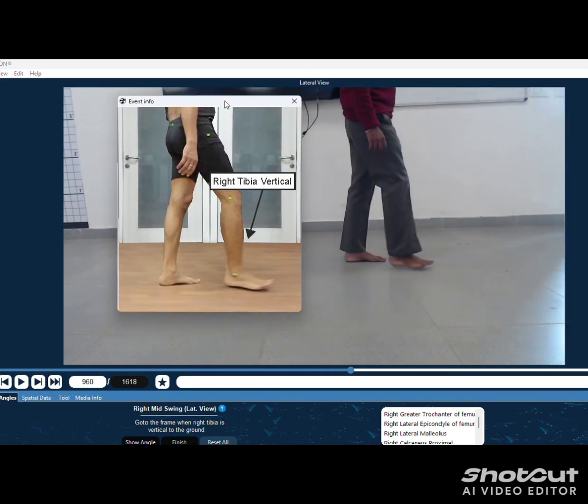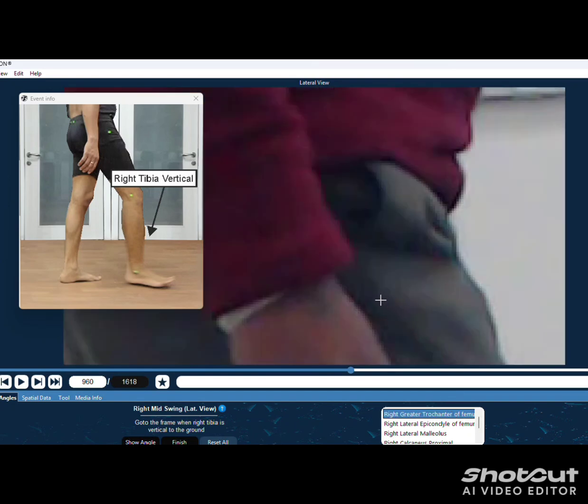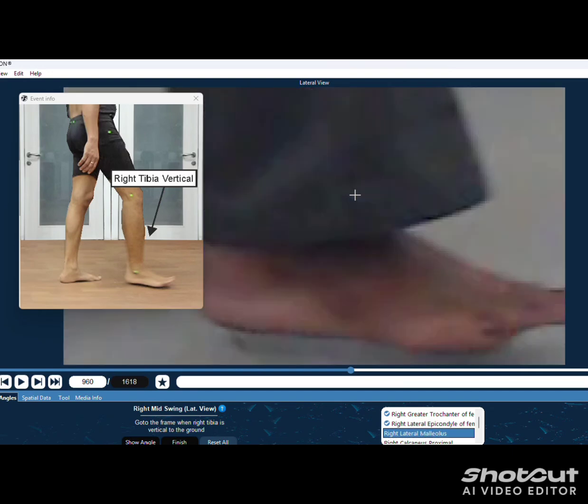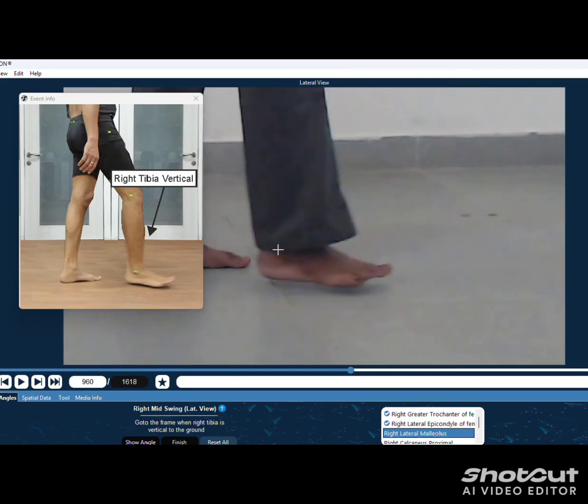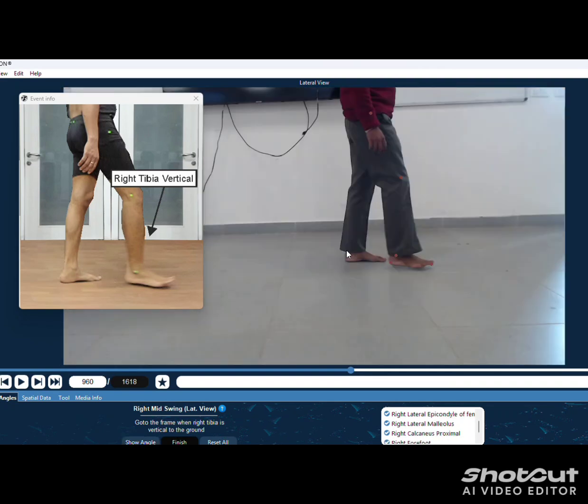Again we move the video frame by frame to get the same angle as shown in the image. After that, we place all pointers, then click on show angle.